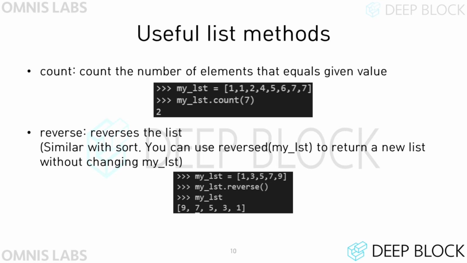The list.reverse method is a function that reverses the order of elements in a list. For example, if the elements of list A are 1, 2, 3 in order, when the code a.reverse() is executed, A is changed to 3, 2, 1. If you do not want to change the original list, but want to get a new list in which the elements of the original list are reversed, you can get a new list by putting the original list in the reversed function and calling it. Of course, like the sorted function, the original list will not be changed after the reversed function is called.